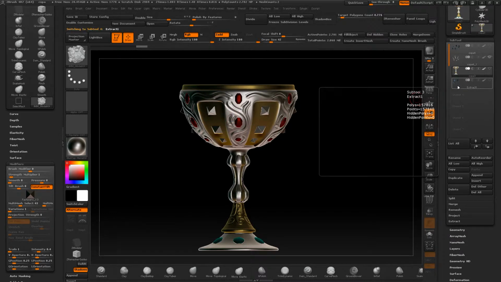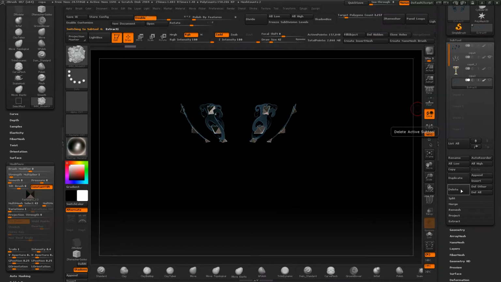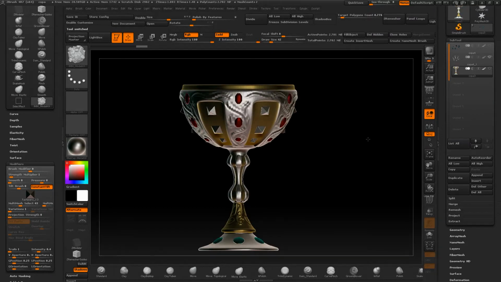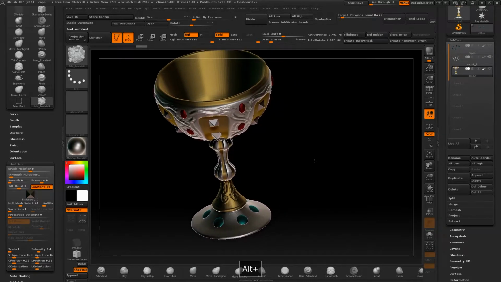Now that I have this element here that I like a bit more than the other one, masks are good, but you have to make the shape properly, and I actually like this more than before, so I'm going to eliminate the old things, and I'm going to keep what I have now. Okay,